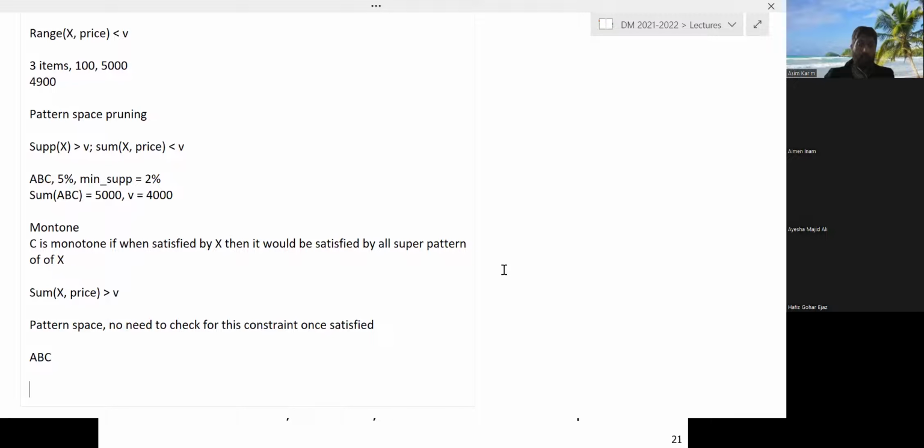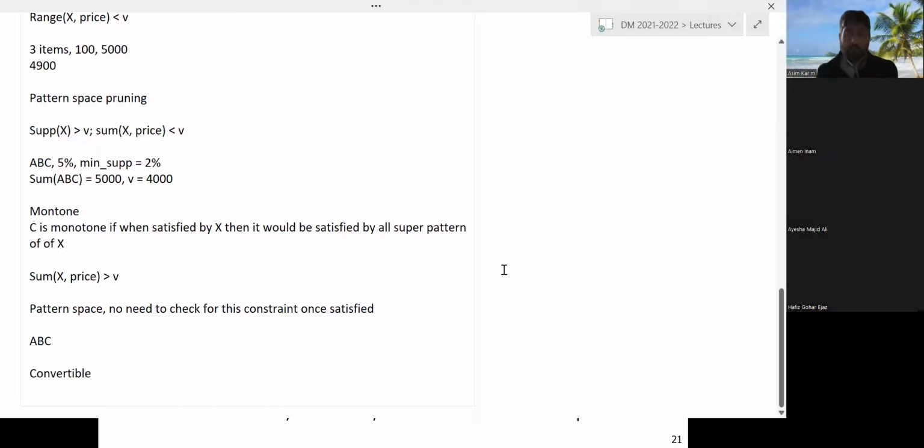Okay? So now let's talk about convertible constraints. Any question, by the way? Okay, convertible constraints are originally neither